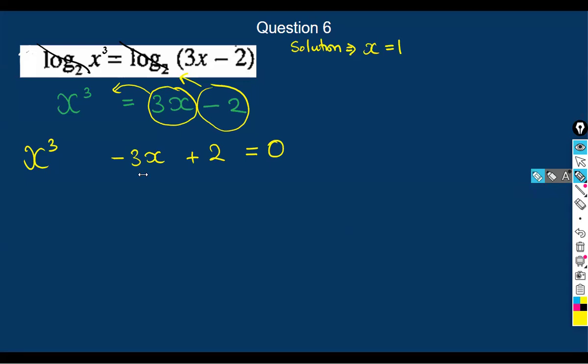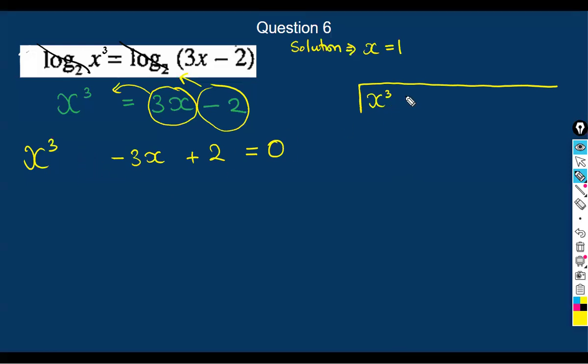I think we'll get zero, you know. 1 minus 3 plus 2 is 0, not minus 4. Just check it back there. 1 minus 3 plus 2 is 0. Right. So to get the other two answers, we're supposed to divide this expression, x cubed, but you notice it